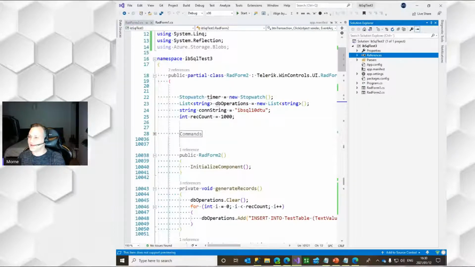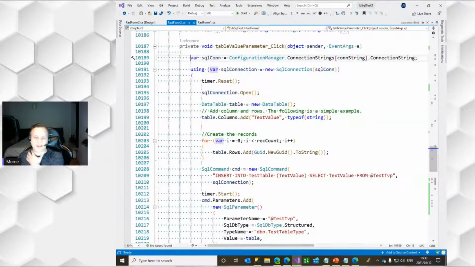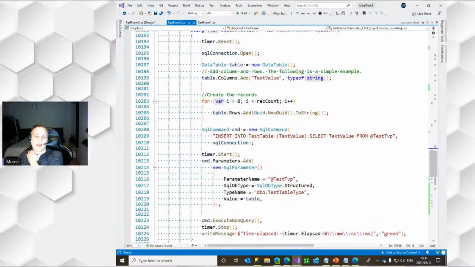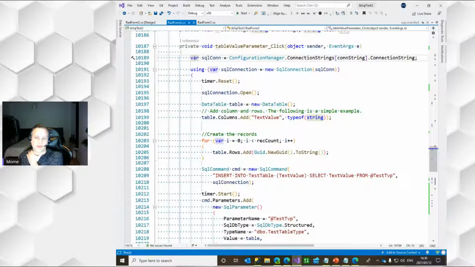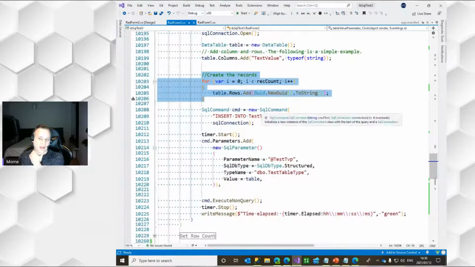where I headed away. So now you'll see this is a form, and I've got a form here. It'll open, and we can simply say here, this is what I want to show you. So I'm just going to get rid of that again. All right. So what we've done is you'll see here, the same kind of thing. I start my timer. I connect to SQL. I then create a data table, right? And this is where the biggest difference is. I now have a data table created in C#. I add that column that I want, so it's called text value, and then I create the records right here. So you'll just see I'm just adding a new GUID here, right? Nothing spectacular, nothing complicated. And then I generate a command, insert it into test table, text value, and then I do a select text value from